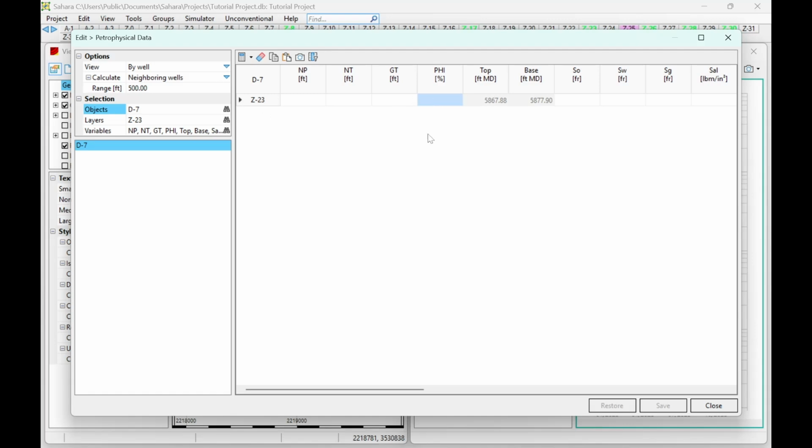So if we check in this window, we have several options. We already reviewed this window previously, but we will focus now on the calculate options. Here we have a number of options here. We have